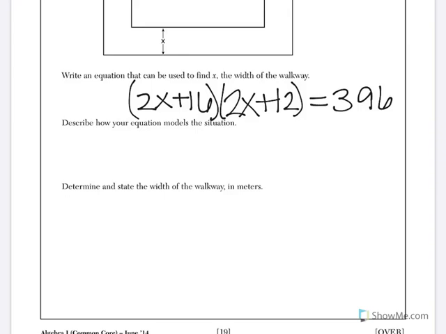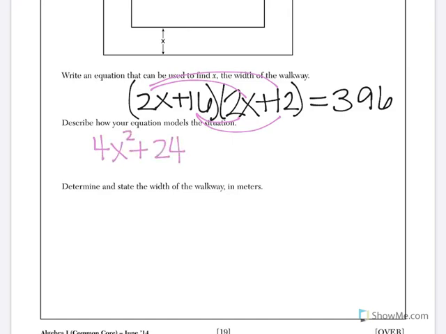So now we're going to determine and state the width of the walkway in meters. The width of the walkway is x, and we need to solve and find x. I'm just going to do my work up here and work my way down, because I know I'm going to write pretty big and I can't fit it all down below. We're going to start by double distributing. So when I double distribute, I will end up with 4x squared